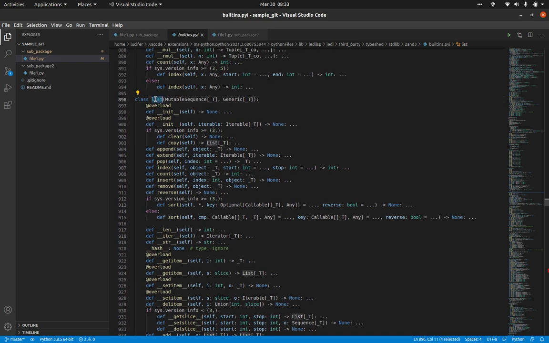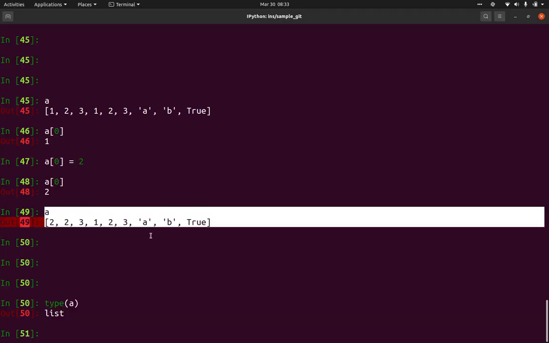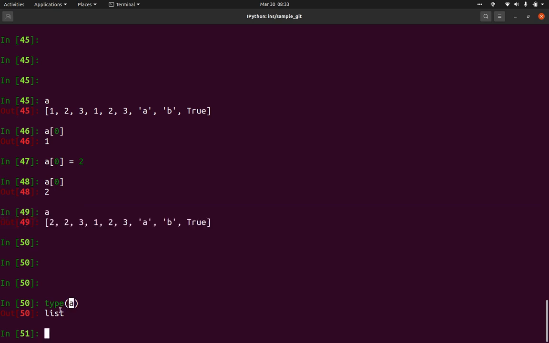So this is the list class. It is also inheriting some other classes, like the mutable sequence class, generic classes and all. Whenever you define a list, like A equal to something like this, this will become an object of this class. We will be discussing deeper into classes and objects later, but just remember that everything you define is an object which represents one particular class in Python. Whatever you are defining, it may be a list, it may be a set, everything represents one particular class.